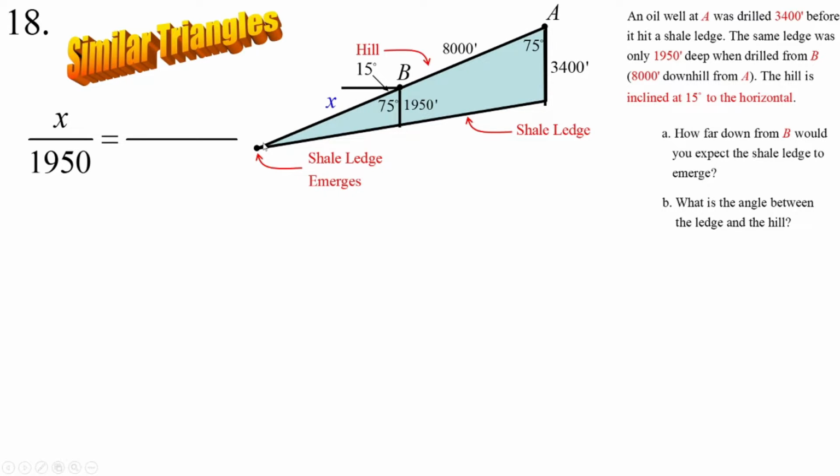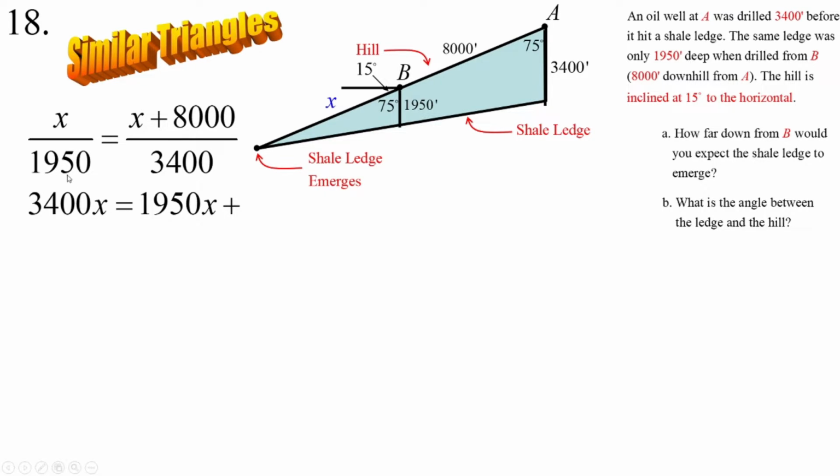So this total distance from this point to well A would be x plus 8,000 over, and then this leg of the larger triangle, 3,400. Now, we just solve this proportion for x. So let's cross multiply. So I see 3,400 times x would have to equal the 1,950 times x plus 1,950